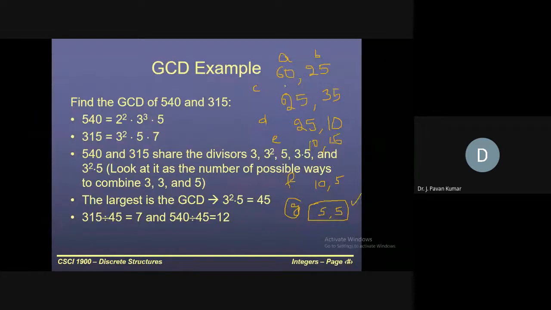whenever these two are same, this you can consider as a GCD directly. I am repeating once again, try to understand. 60 and 25, A and B values are 60 and 25. Then in the first step, what we will do is minimum we will take and the difference. Now A and B values, this can be A, this can be B. Now you consider whatever the minimum one that we will keep as it is, and the difference we will.